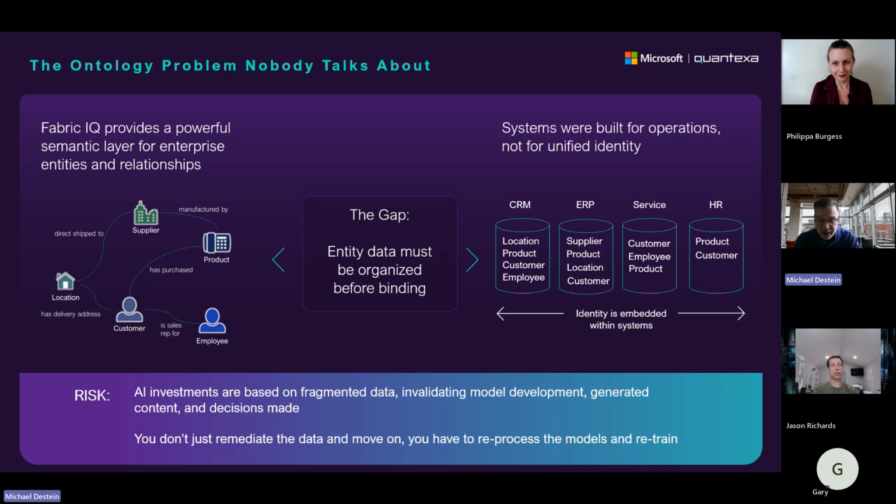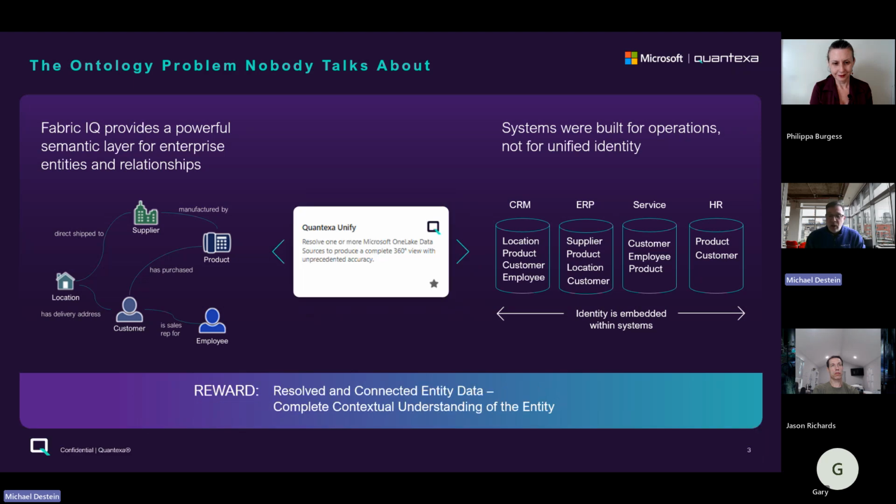So you want to get this right from the beginning. Now there is an easy answer though, and I'm not going to ask for $1 million in 18 months like the MDM guys do. This is far cheaper and far quicker. With Quantexa Unify, what we're going to do is go through all of that source